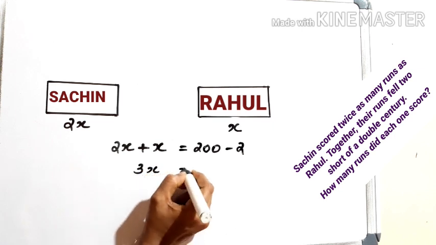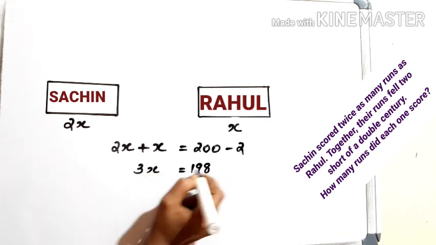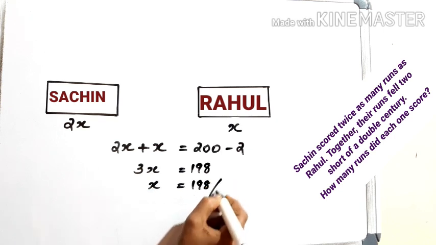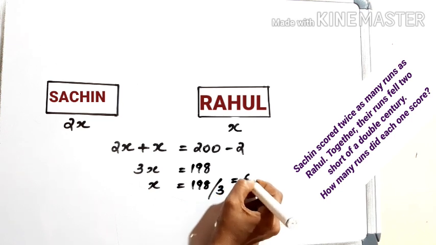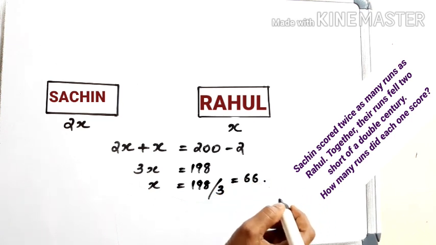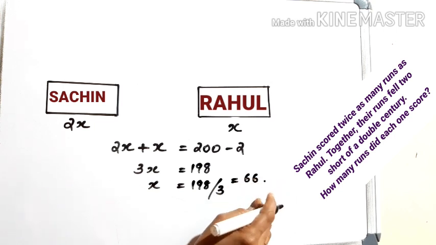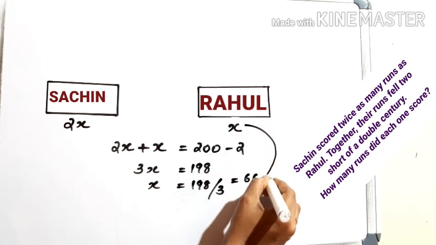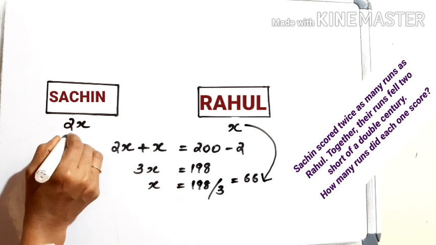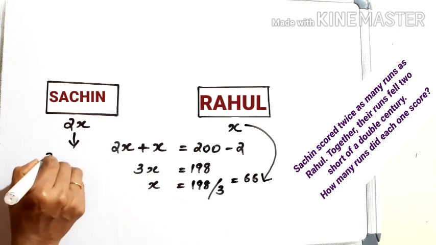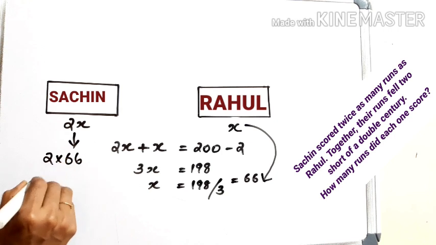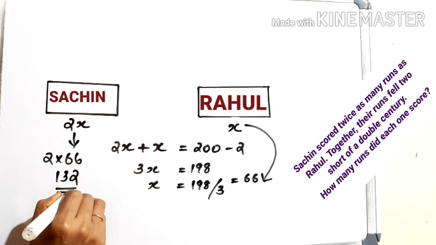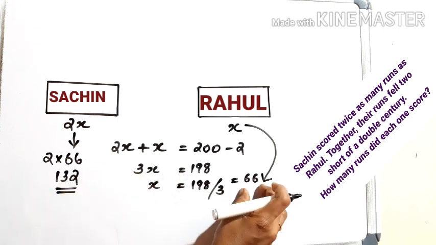3x equals 198. x equals 198 by 3 equals 66. Clear, no? Listen carefully, children. Here, Rahul's score is 66. What about Sachin's score? 2 into 66, no? 2 into 66, 132. 132 plus 66. Answer becomes